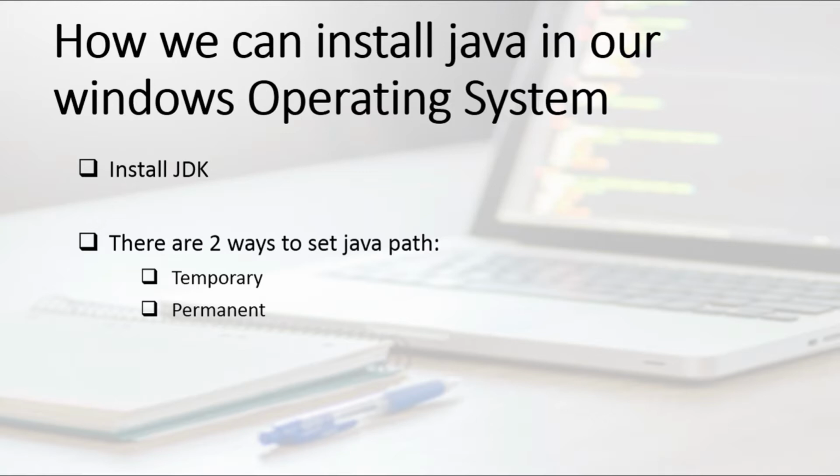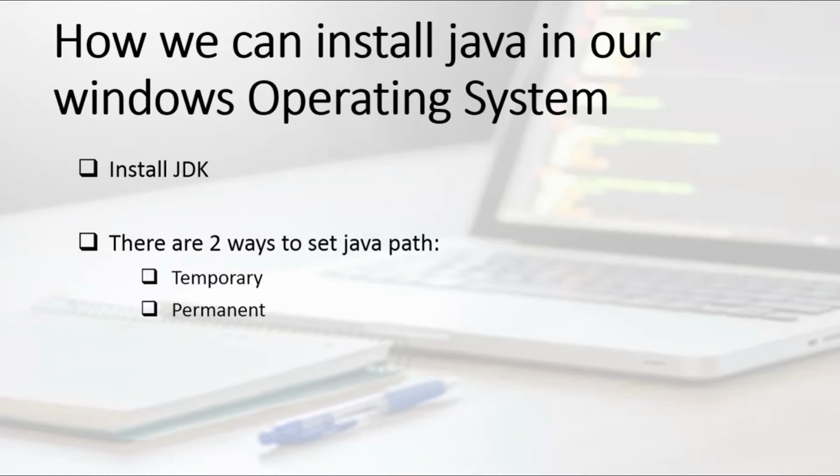First, what is JDK? The first term is JRE, that is Java Runtime Environment, which is needed for running the Java programs. Now our main point, that is JDK. It is Java Development Kit, which includes JRE plus the development tools like compiler and debugger. It is needed for writing as well as running the Java programs. Since you are supposed to write Java programs, you should install JDK, which includes JRE.